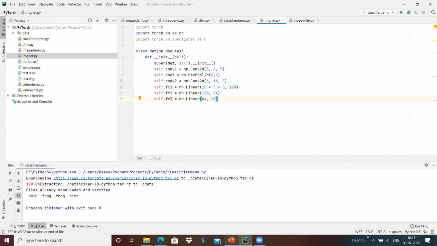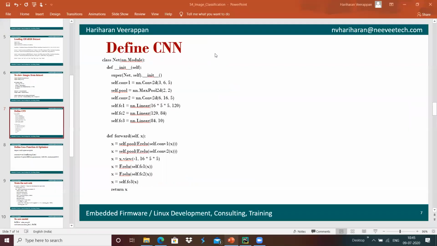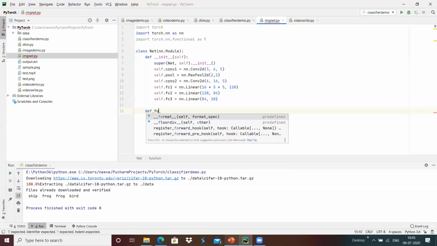Once that is done, we can define the forward function, which executes with the input.